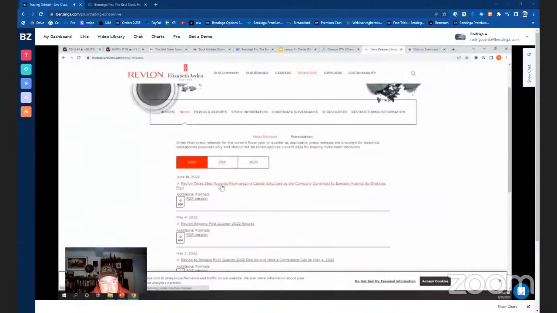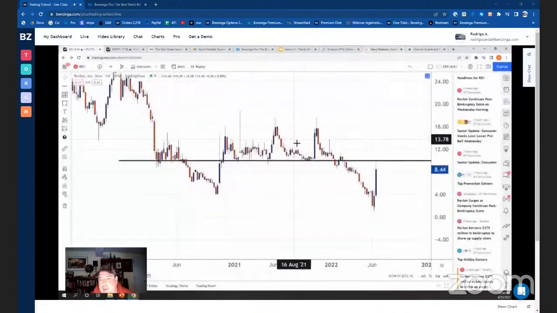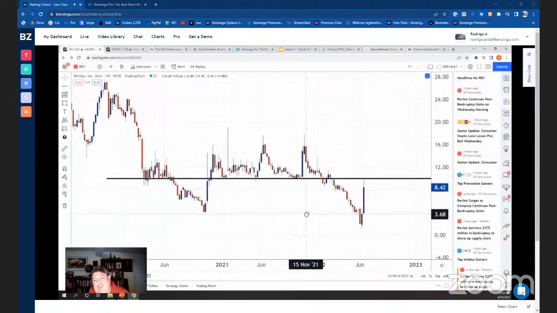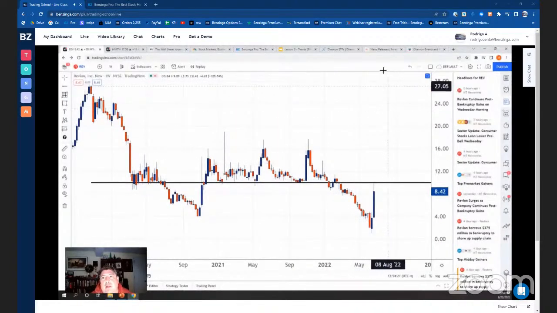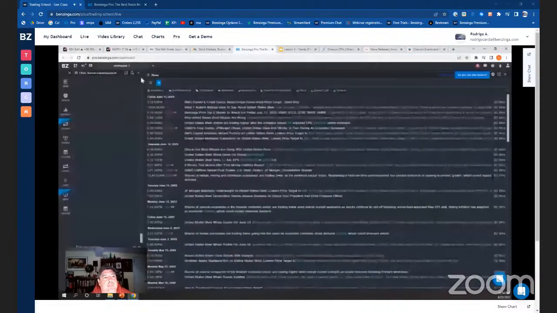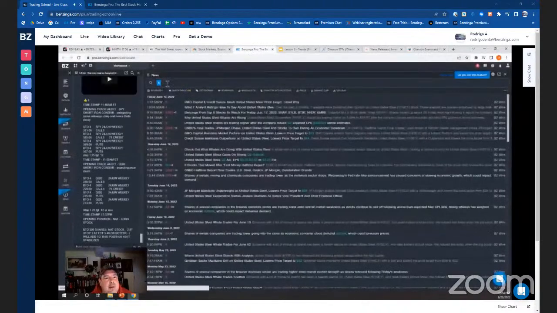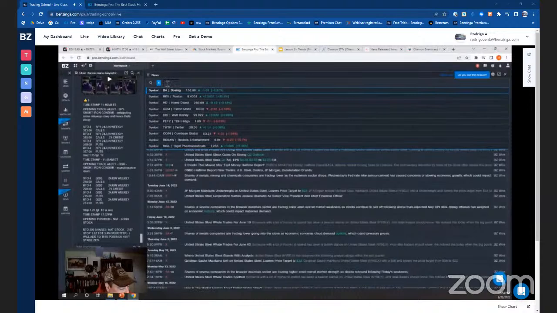So let's see. They're reorganizing. All right, so I guess that's the story with that. If I was trading this thing, I'd be looking at this $10 level for resistance. Obviously, if you're playing a takeover, we've got to think about what the company is really worth. The way more sophisticated analysts would look at that is they would look at other companies in the industry. So let's take a look at Revlon here.